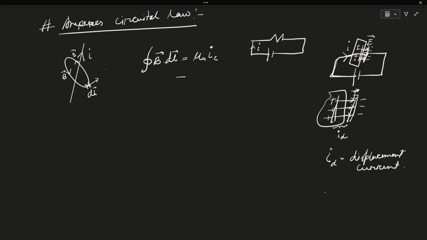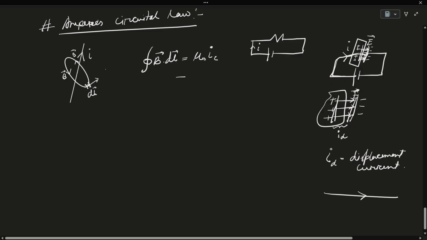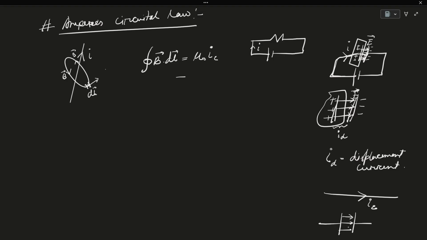For conduction current, there is a conductor, and the current is actually flowing through it. But the concept of displacement current is that it arises for a changing electric field. Remember the word changing. If the electric field is static, then there will be no displacement current. So while the electric field is changing between the plates of the capacitor, there will be a current,